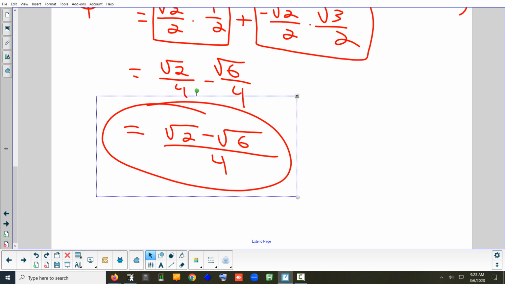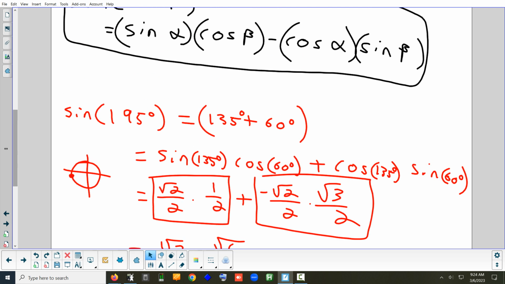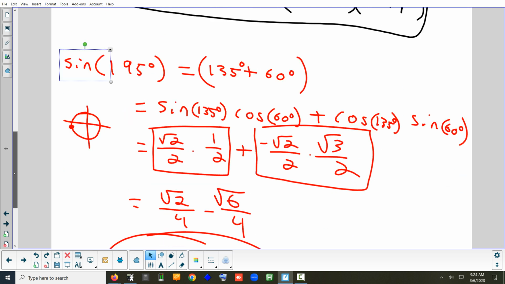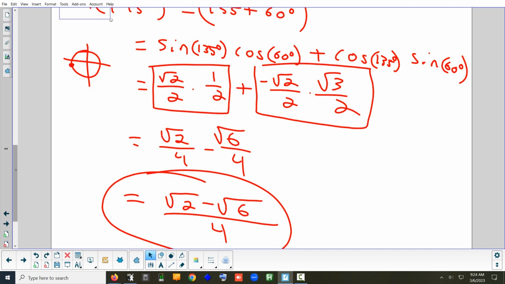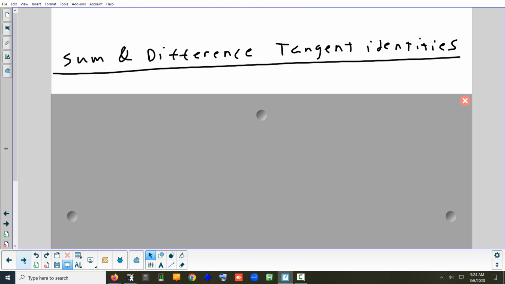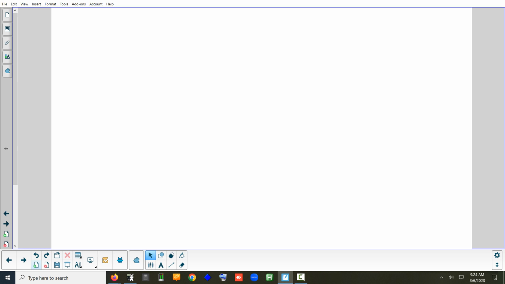And again, you can type that in, see what you get. And then type in sine 195 and make sure they match, but they will. Okay, any questions on those? So those are the four really that we're going to look at. There is a sum and difference formula for tangent, but we're not going to do it. Okay, we're gonna hold off on it because if you really had to, I think you guys could figure this out